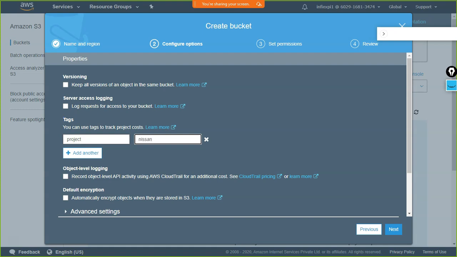Let's say I work for Nissan, and then I'm saying Nissan. So now what happens here is the cost involvement can be tracked with the help of a tag. When you give the tag information, it's more informative that, okay, this bucket got created for the Nissan project, and so it should be accountable for the Nissan account. The cost should be incurred from that Nissan account. Okay, this is just a